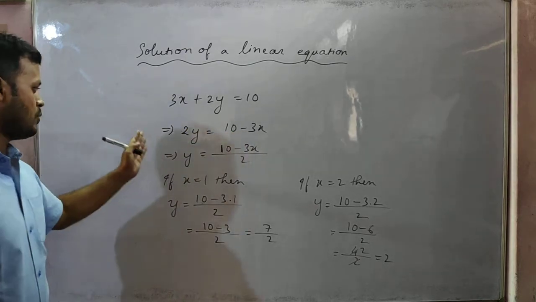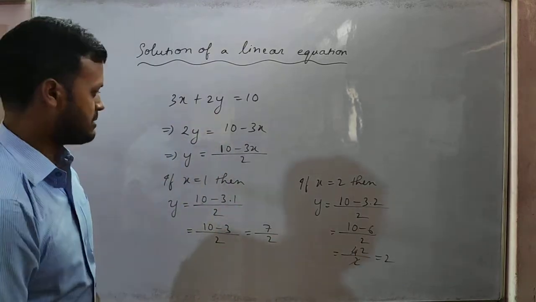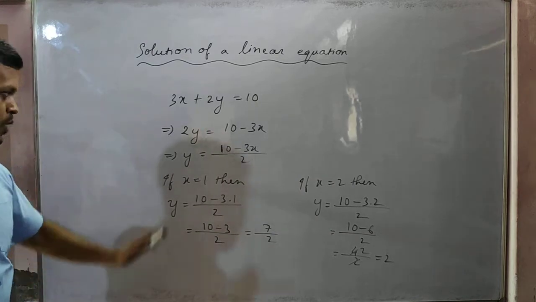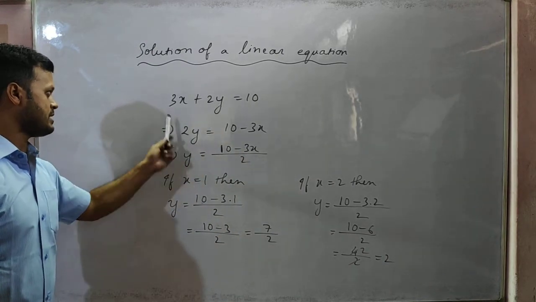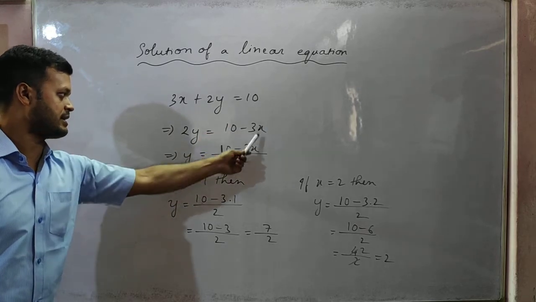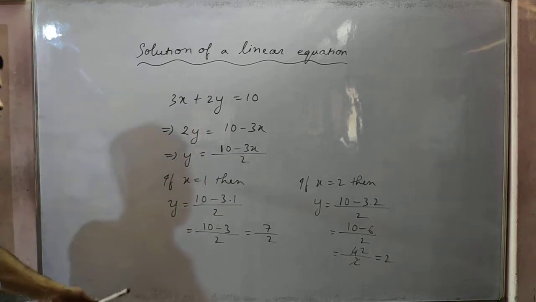The rule is that while you are finding out the solutions, you keep y on one side and everything else on the other side. Okay, y you keep on the left hand side and everything else on the right hand side. So this 2y I am keeping here, 3x I am taking to the right hand side, so 10 minus 3x, and 2 is multiplied here, no? If you take it this side, you will get divided. Now you put 1 by 1.